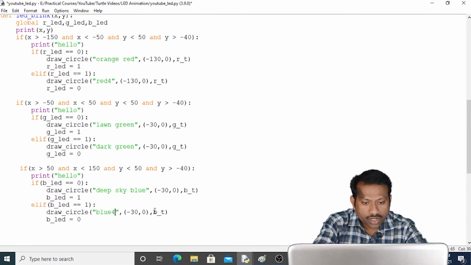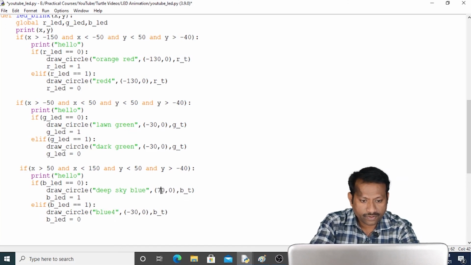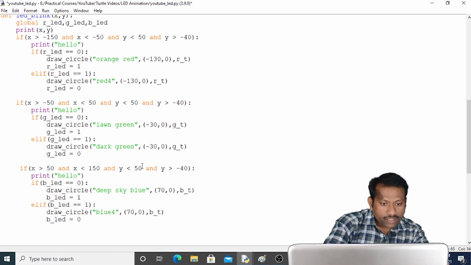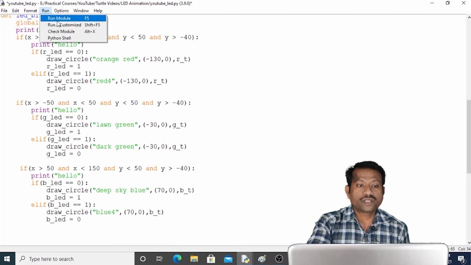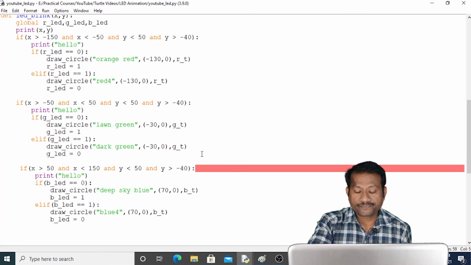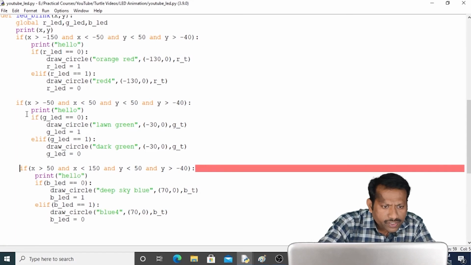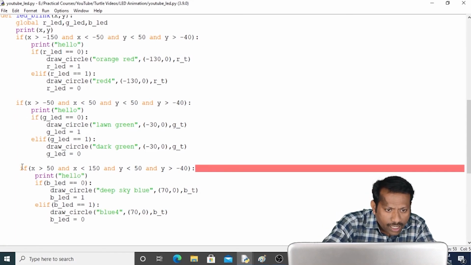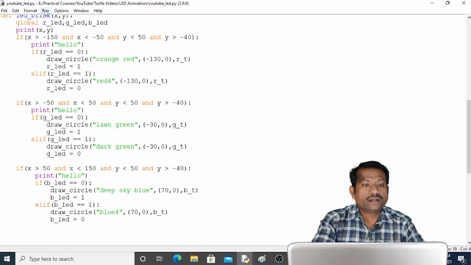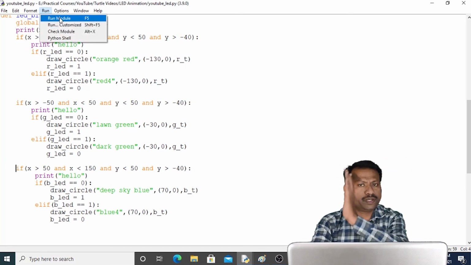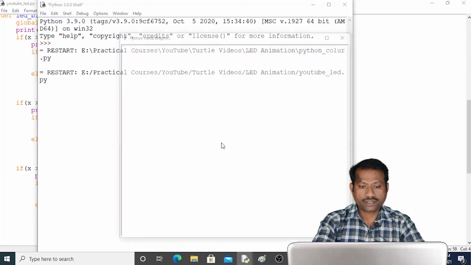Now I have to change the coordinate, that is it is at -70 and -70. Hope that everything is fine. I have not made any kind of mistake, spelling mistake as well as copy and paste mistake. Let me run this code. It is showing indentation error. Why? Because this I is not below that. There is one space problem. So let me reduce this. Let me save it. If there is small problem in space, it results into error, indentation error.